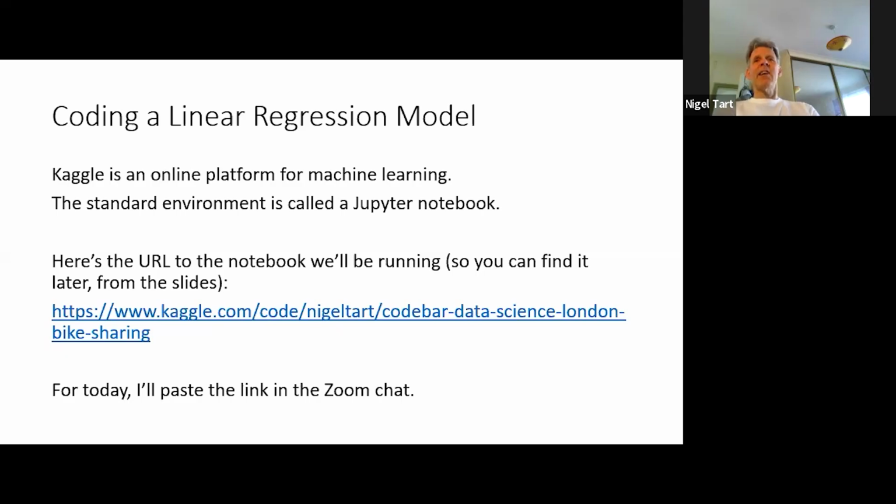It also has a nice beginner friendly online platform where you can type your Python and you can run those machine learning models. Everything happens online. You don't have to give it your credit card. I've tried